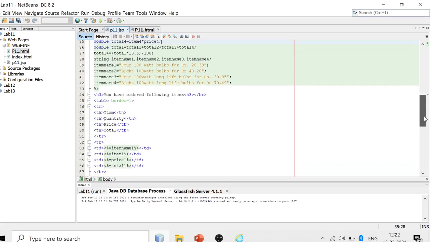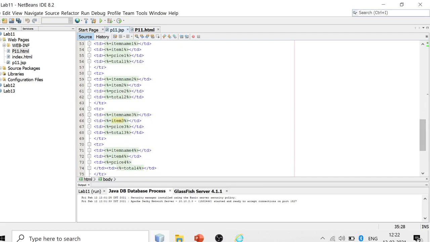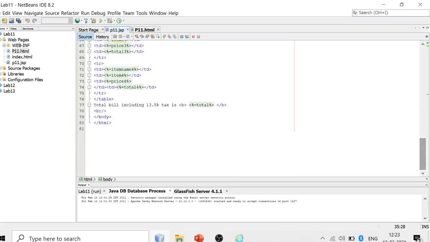So this part calculates the total amount for the form. Next, we have to display what is ordered by the user in the form of a table. For that, we are creating a table and displaying the item name, its quantity, price and the total amount for every item. Then we show the total bill after adding the 13.5% tax.